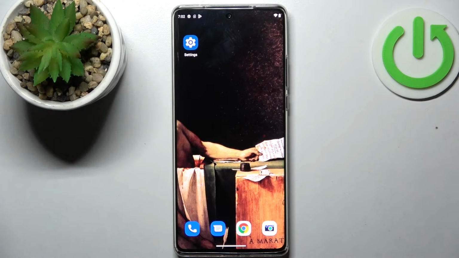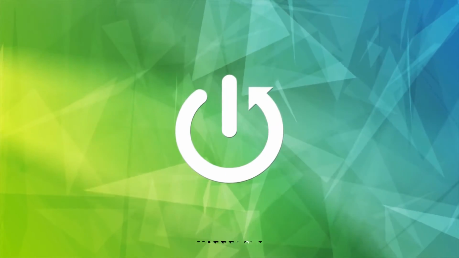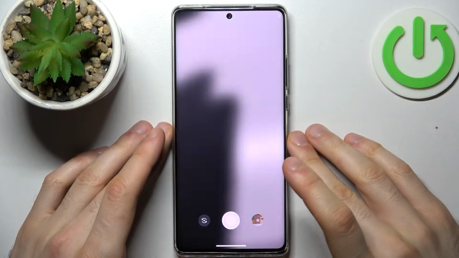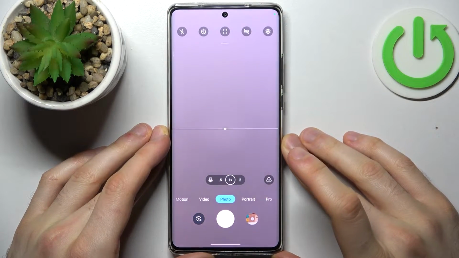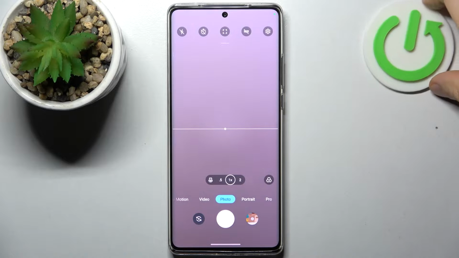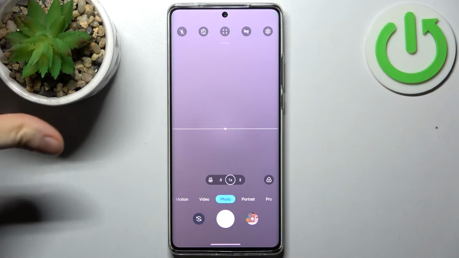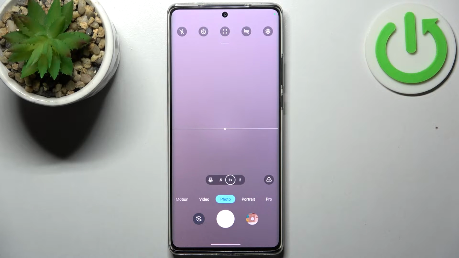Here I have Motorola Edge 30 Ultra, and today I'm going to show you how to change photo resolution in camera on this device. So firstly you have to open camera, then in camera on this device you can't really change photo resolution in its normal sense, but you have this